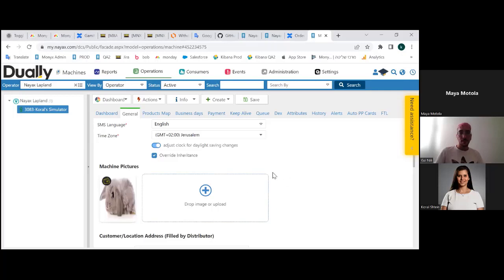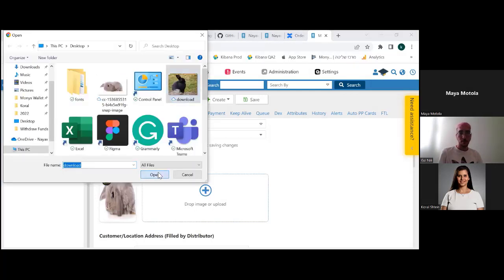We do get asked a lot. We are seeing the following question: we see the image in the DCS, but we cannot see it on Monyx. So let me show you what the problem was. Here you can see the image I have now, this little gray bunny. This is the image that I put on my machine on DCS, and we can see it on Monyx. If I want to put some different image, let's take this black bunny,